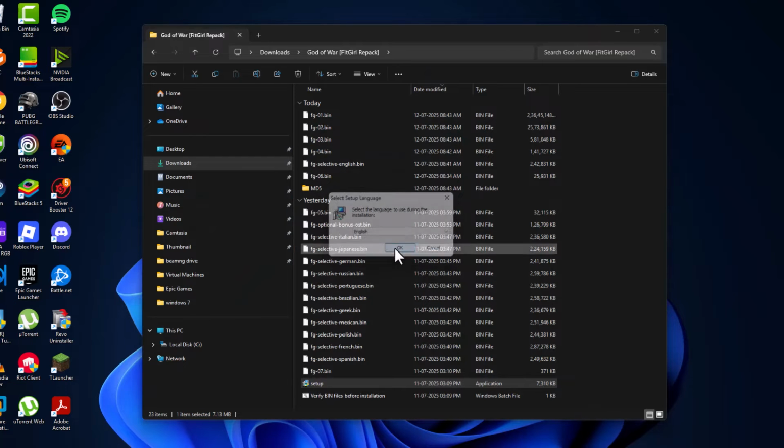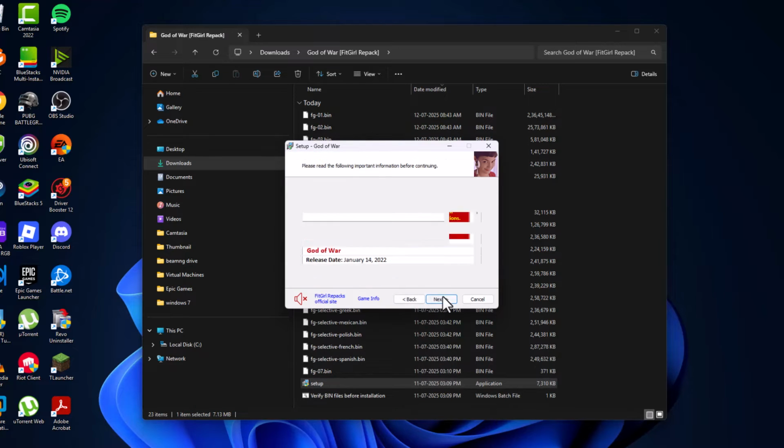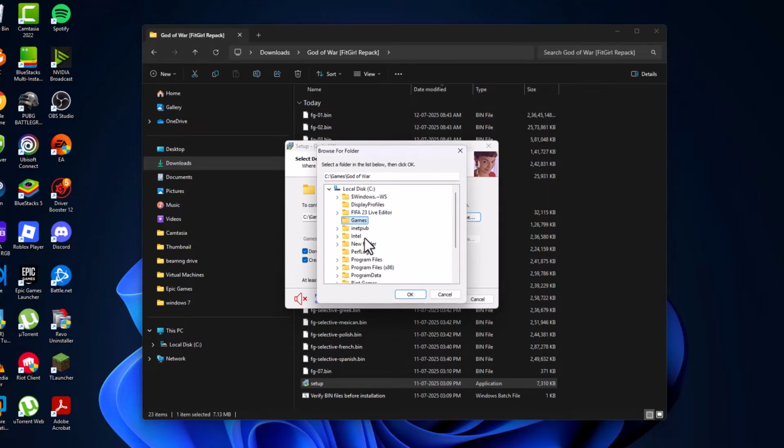yes. Select OK. Select this music icon to mute the music. And if you have under 8 GB RAM, then check mark this box. Limit installer to 2 GB of RAM usage, and make sure nothing is running in the background, and select next. Select next. Select the browse option, select the location where you want to save this game and select OK